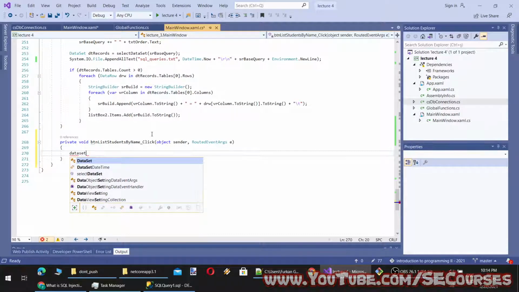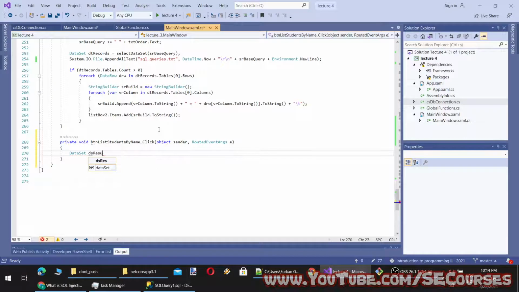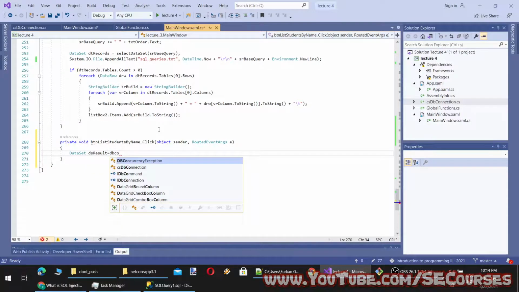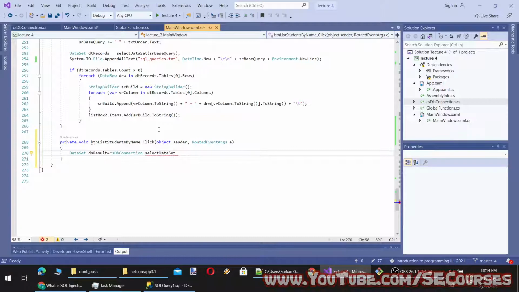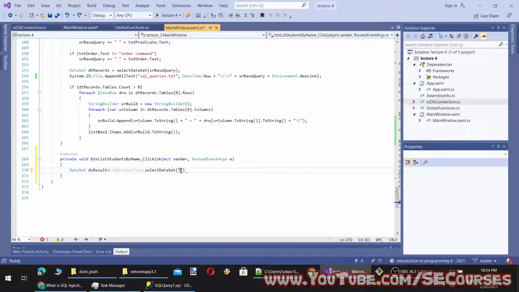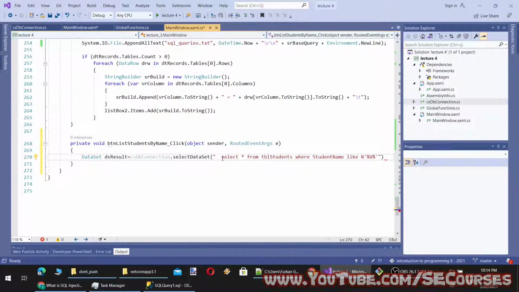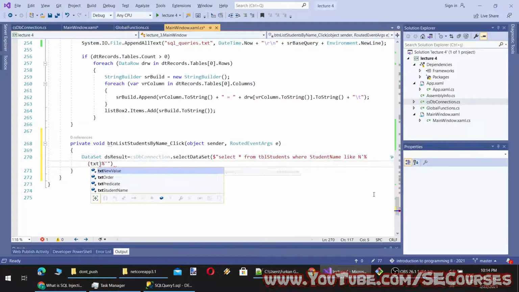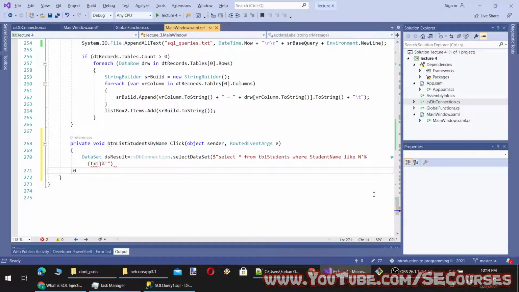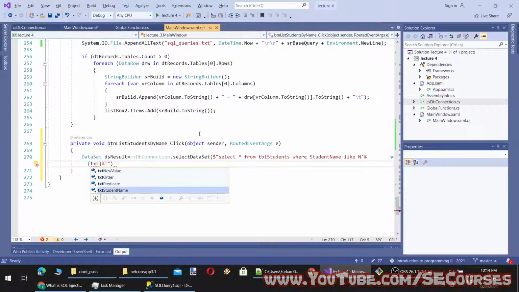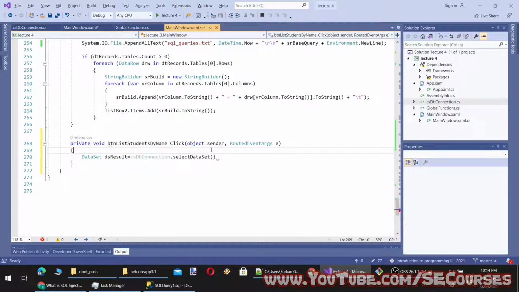Okay, so now let's do it. We will get a data set result from DB connection, select data set, and our query. And here we will use the txt student name. Okay, this is normally what you would write, right? So let's take it to here for better readability.